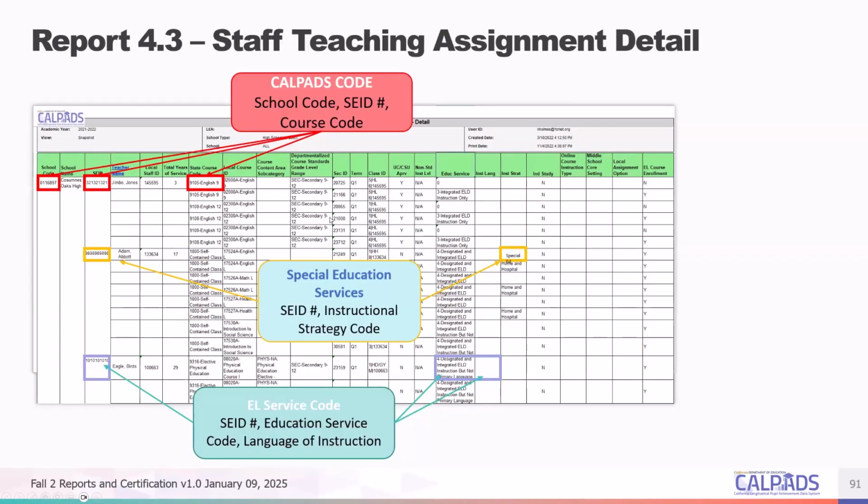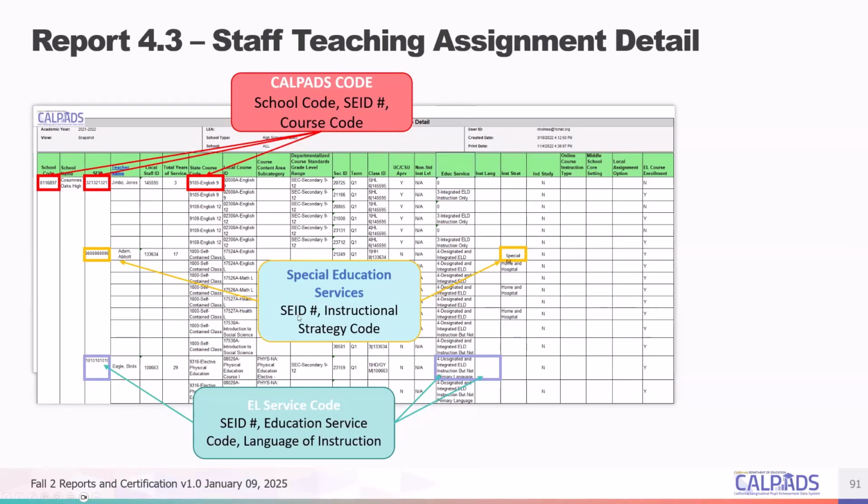And then when you're looking at report 4.3, you can use it to identify these types of exceptions. So for the CalSAS code, you have your school of assignment, the SEID, and the state course code. You look at the content of the state course code and check to make sure that teacher, by their SEID, is authorized to teach this content.